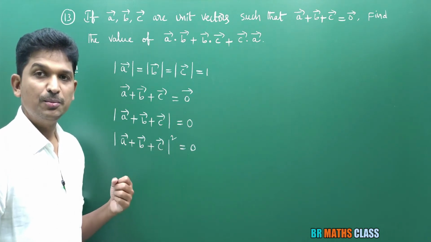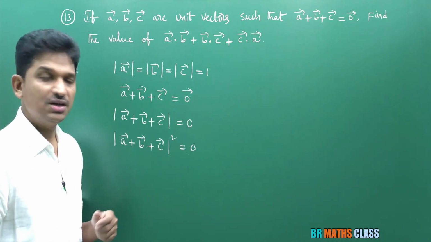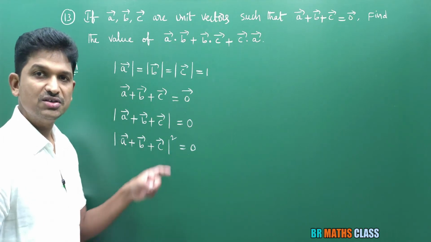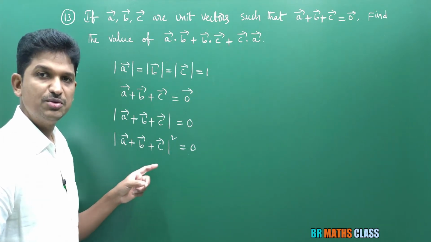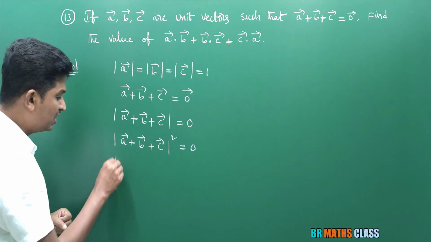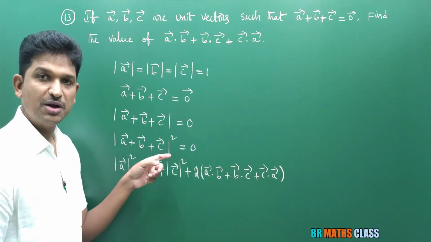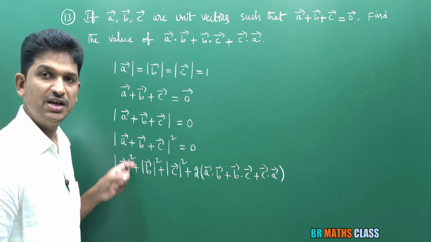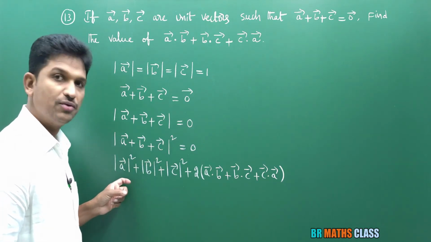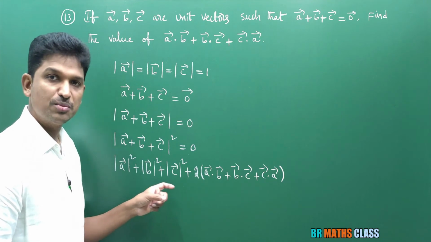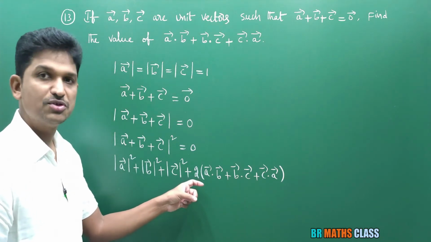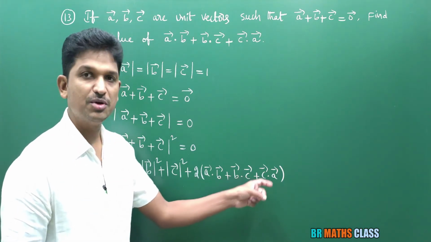Why I squared? Because you learned 15 formulas, right? In that this formula is there. What is the formula for magnitude of A bar plus B bar plus C bar whole square? This is the formula for modulus of A bar plus B bar plus C bar whole square. This formula we learn in those 15 formulas. Magnitude of A bar whole square plus magnitude of B bar whole square plus magnitude of C bar whole square plus 2 times of A bar dot B bar plus B bar dot C bar plus C bar dot A bar